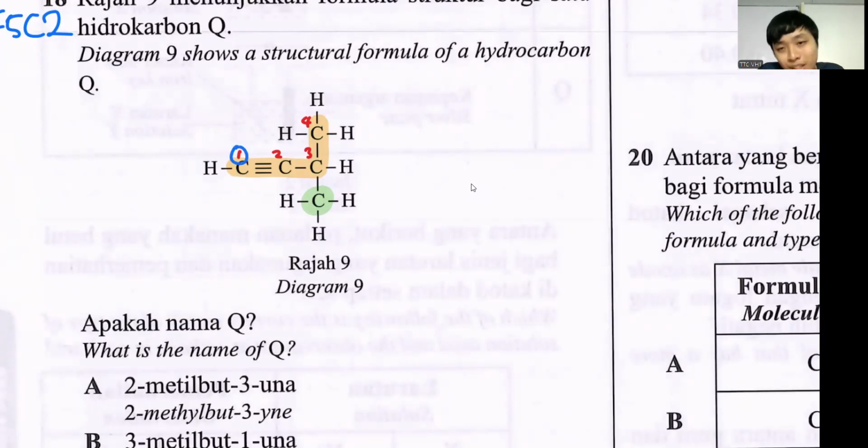So you know this is the branch. The branch is at the 3rd carbon. The branch that contains 1 carbon is called